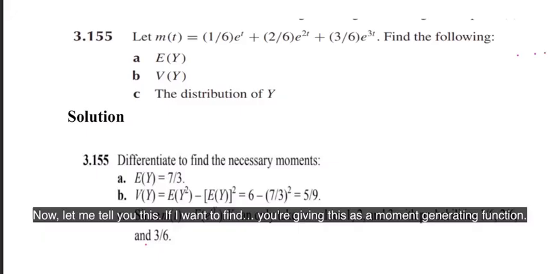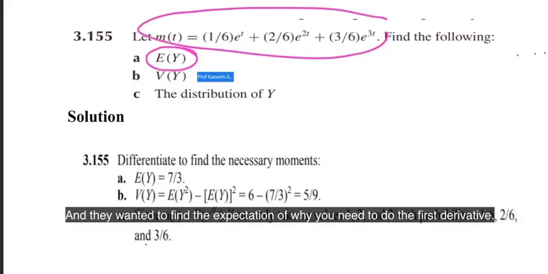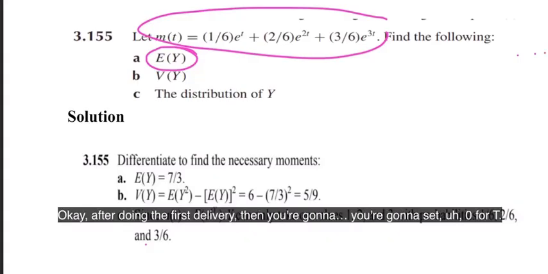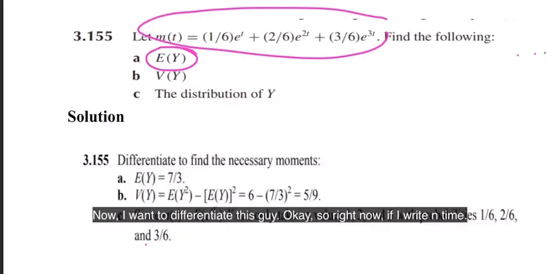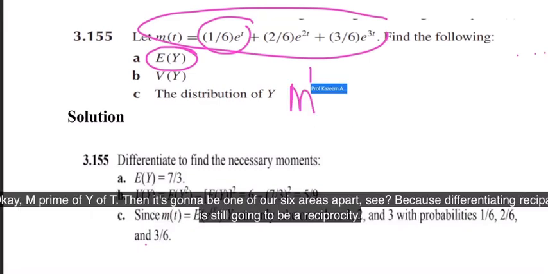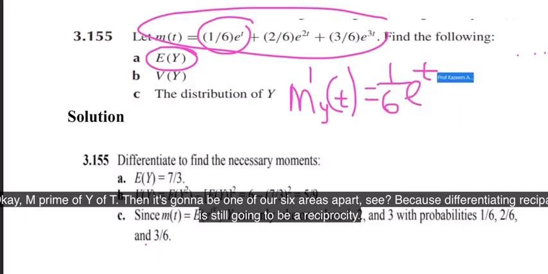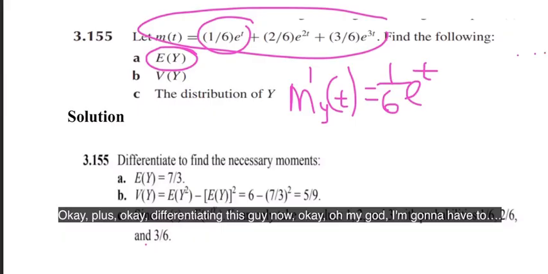Now, let me tell you this. You're given this as a moment generating function, and they want to find the expectation of y. You need to do the first derivative, and after that you set t to 0. Now I want to differentiate this. If I write m prime of y of t, then it's going to be 1 over 6 e raised to power t, because differentiating e raised to power t is still e raised to power t, plus